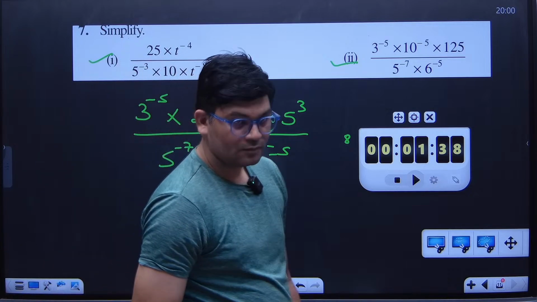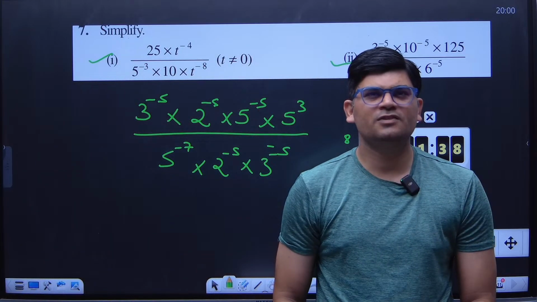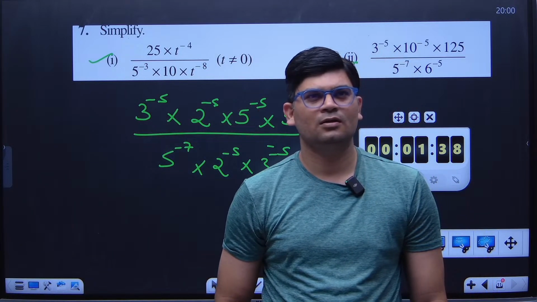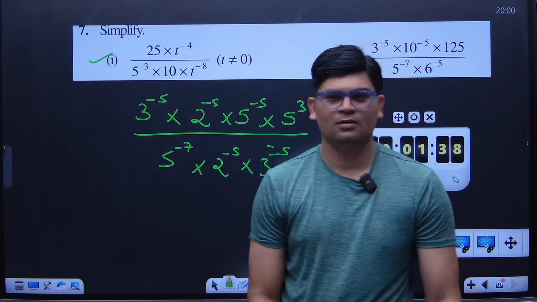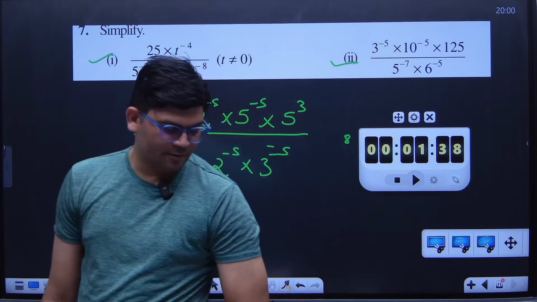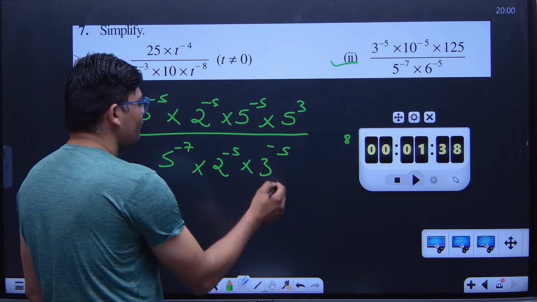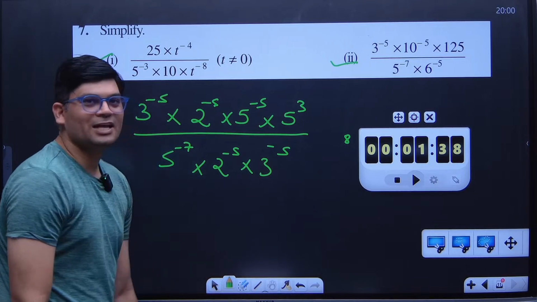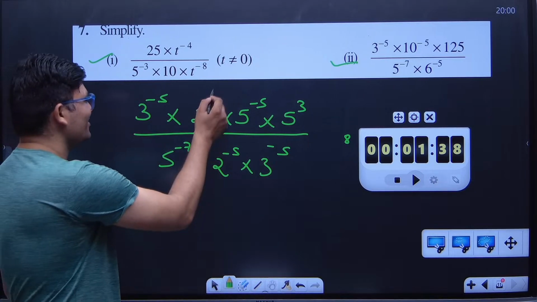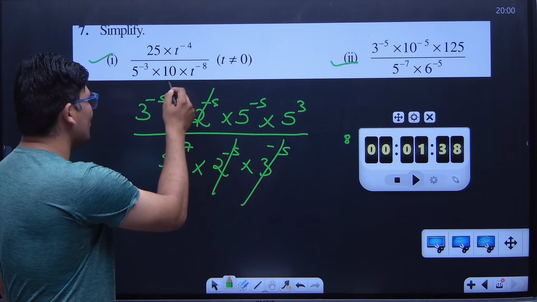So but won't that be a bigger number? Which is bigger number? Oh, never mind. I understood, sir. None of the numbers is bigger. It's the same, but the laws... And you can find that some of the numbers can be cancelled. So these and these can be cancelled out.